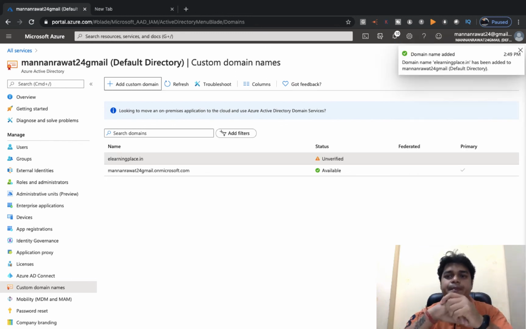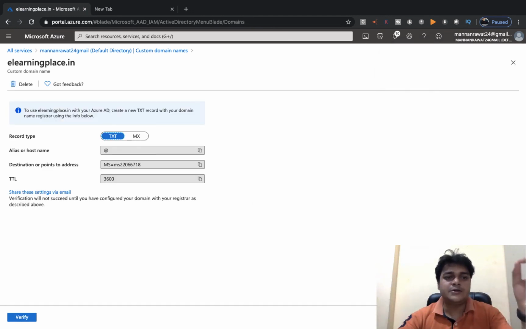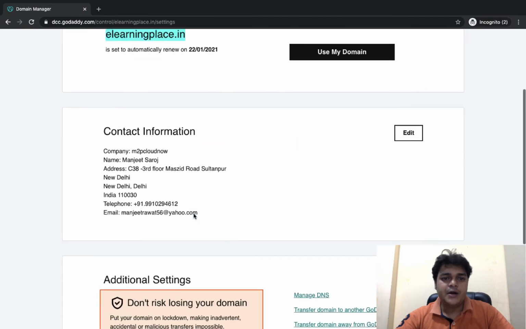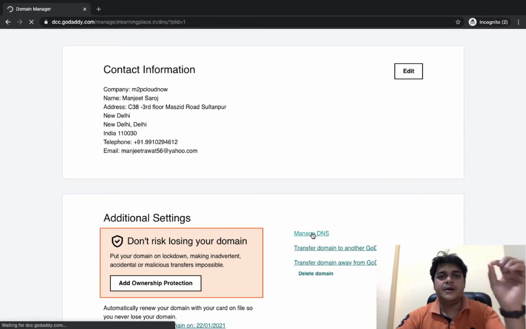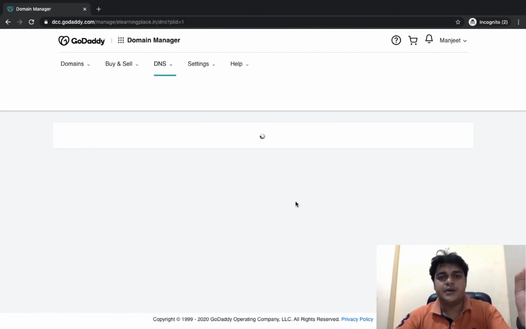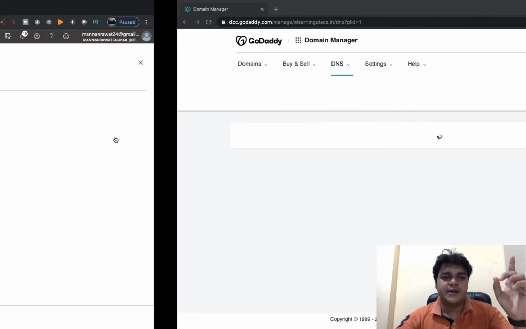Click add domain. Now you have successfully added the domain name, and you are able to see there are two different types of record available. What you need to do is copy the record value, open GoDaddy.com or HostGator, and paste the entire record provided by the Azure AD. You just need to configure it in your domain. So I'm going to save both records on our GoDaddy.com domain name. We need to configure only two records: one is a TXT record and another is an MX record.